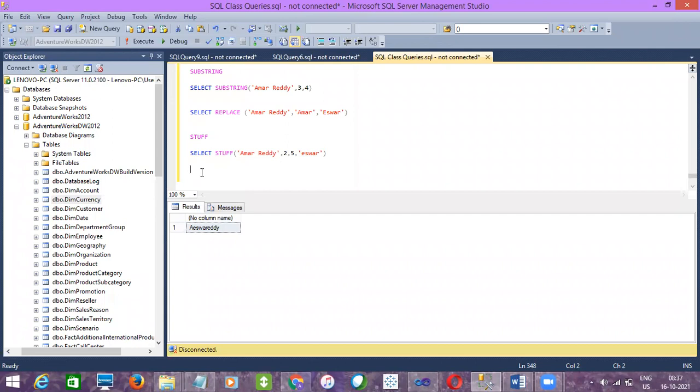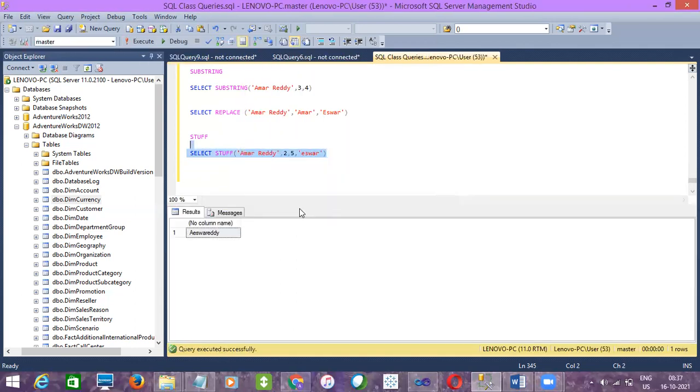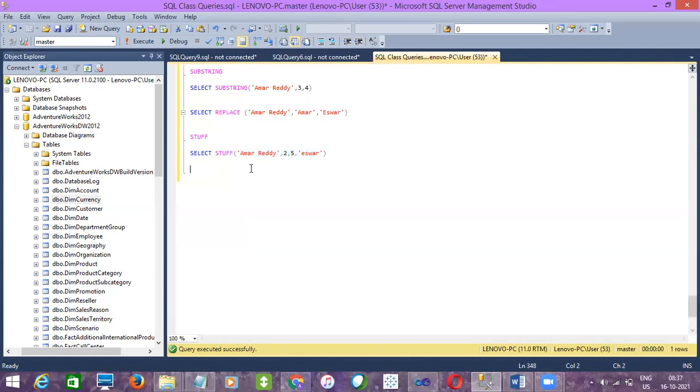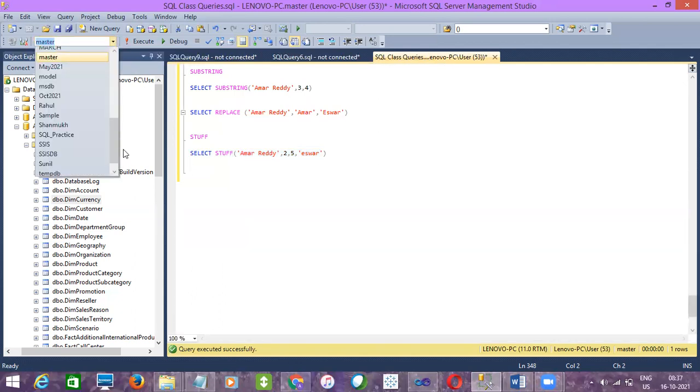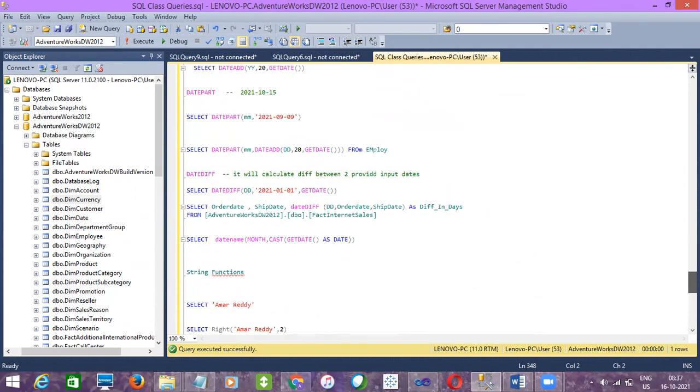So there will be a question about the difference between the... Amar, can you show me an example of stuff, please? Sorry. Can you take stuff as an example and let me know once, like in that table? Yeah, sure. No, always the example would be like, see, if you want to replace any position from any value, right? So if there is a requirement, we have to do it. So I'll let you know.